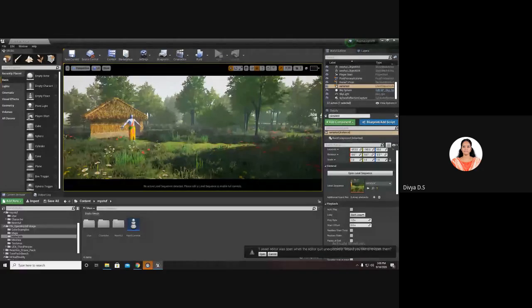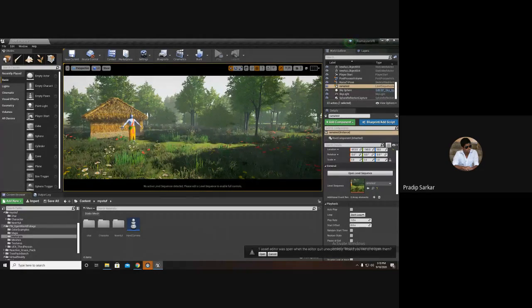For high-end applications like this, we have to use Unreal itself, isn't it? Yeah. So for the basics or as a trial, can we use Unity and then change it to Unreal?